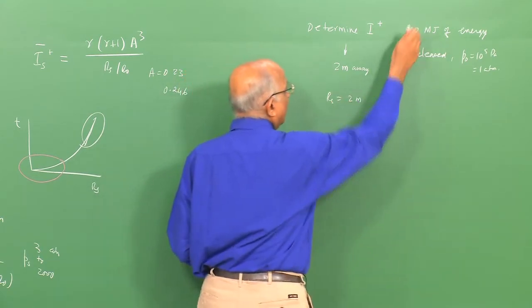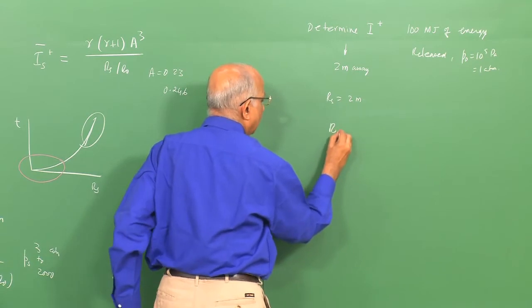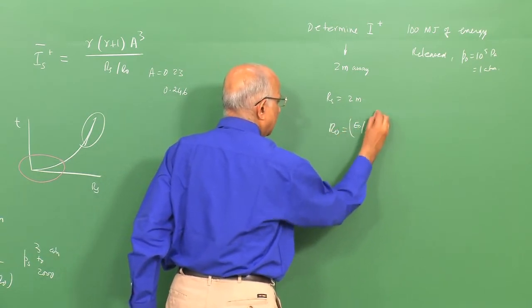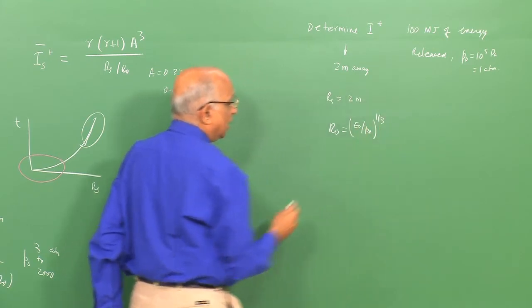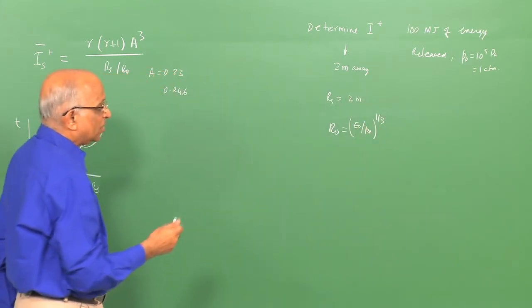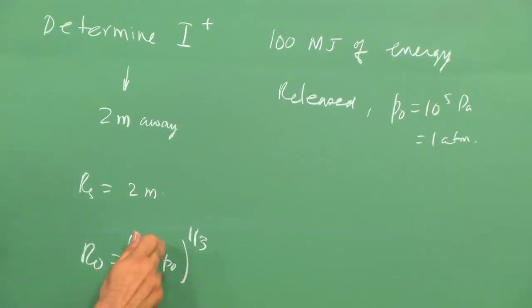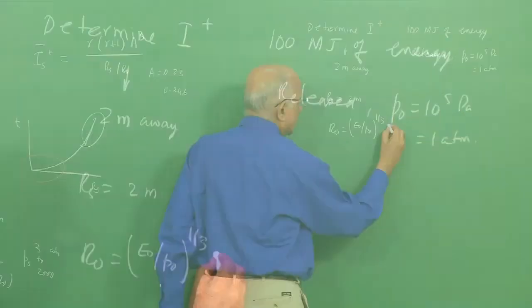The energy is 100 megajoules, therefore, I know R naught is equal to (E naught divided by P naught) to the power 1 by 3. Well, I am still in the framework of the spherical explosions. I assume that the explosion is of spherical geometry. Therefore, this gives me